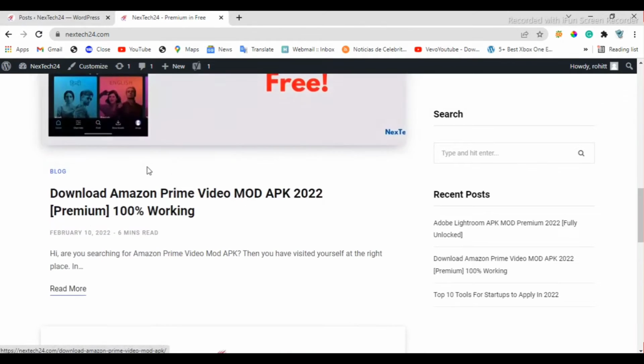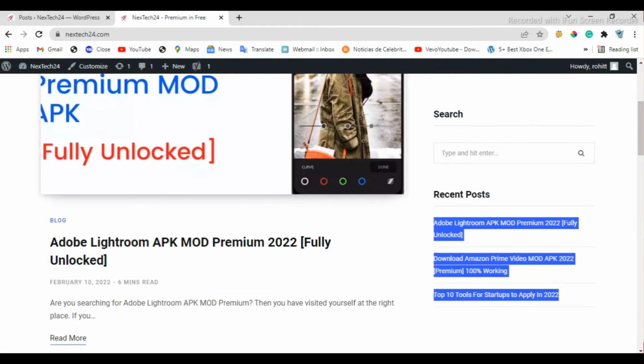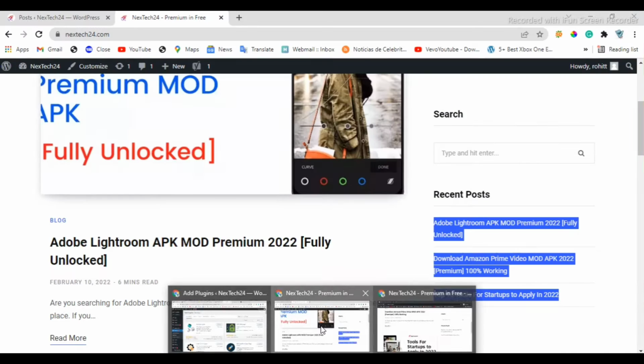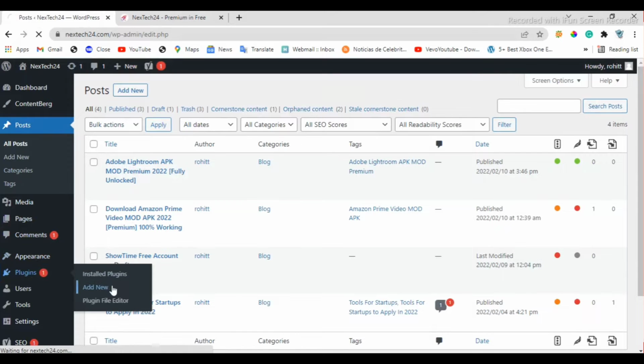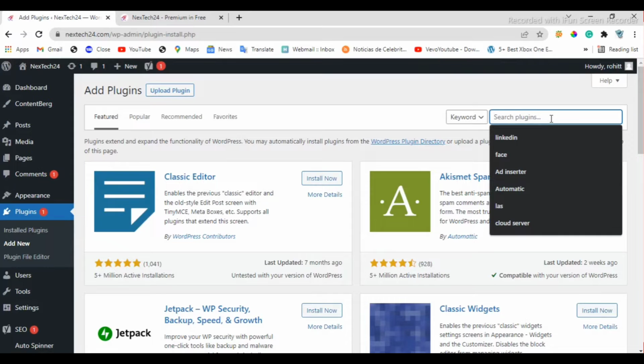So let's fix it. For this we need a cache plugin. I will recommend a plugin that will help you out. With a single button you can fix this issue. You can see the post is published but is not indexing, so let's fix it. Let me go to add new plugin and here we will search for